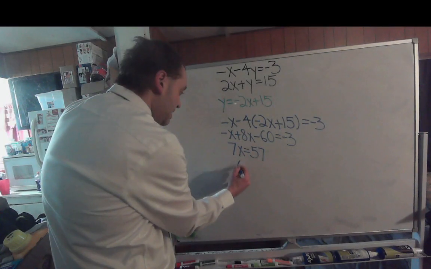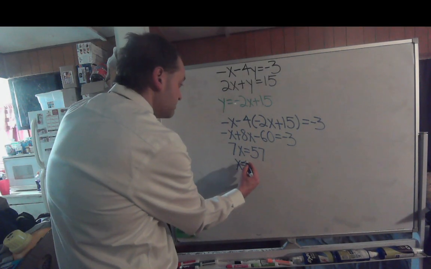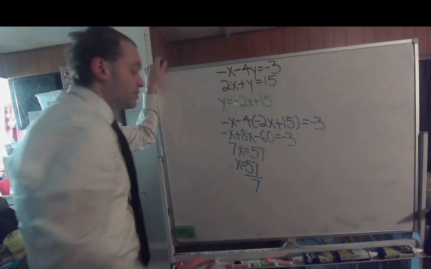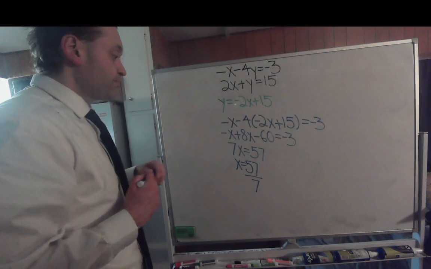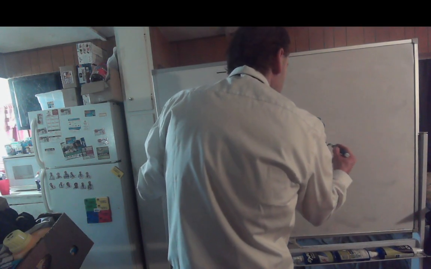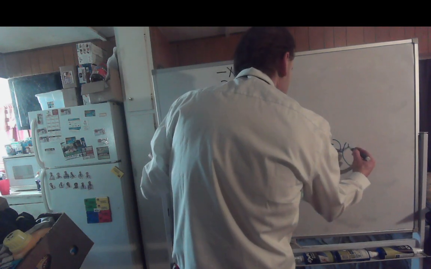So you would end up getting x equals 57/7, which unfortunately there's just no way to reduce that. But let's solve for y by putting in that x value. So y would equal -2 times 57/7 plus 15,